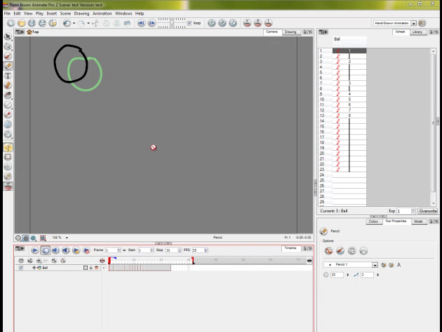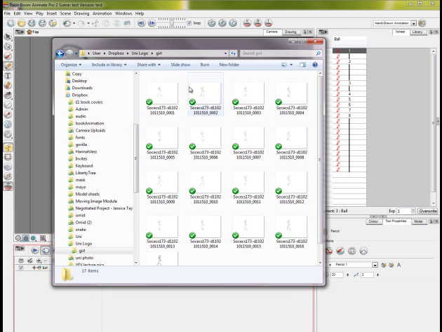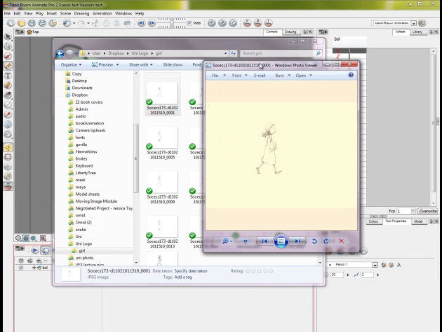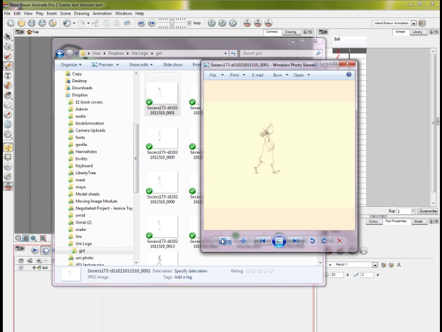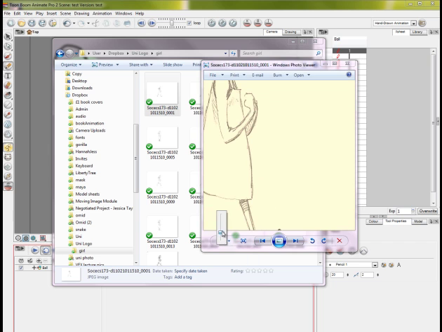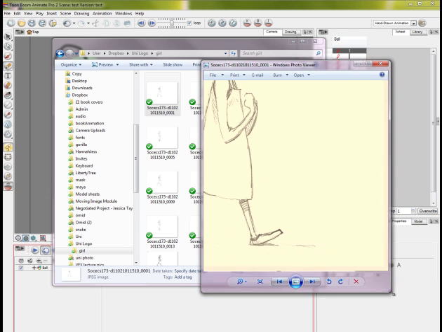Okay, for this lesson, what we're going to do is to actually import a pre-drawn set of animation, in this case a walk cycle, and introduce it into ToonBoon. So as you can see, I've got a drawing of a character of this scale,